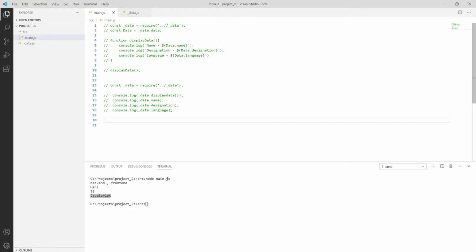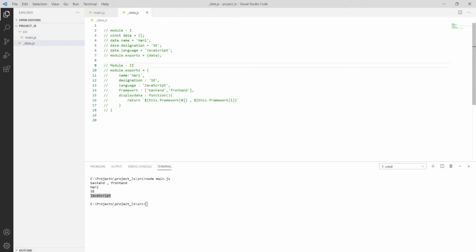Node.js supports require or module.exports, but as of ES6, which is our latest version of JavaScript, it supports a new, more reliable and flexible syntax for exporting modules. They are usually broken down into one or two techniques. So we have default export or named export. Let me show you what is meant by this.